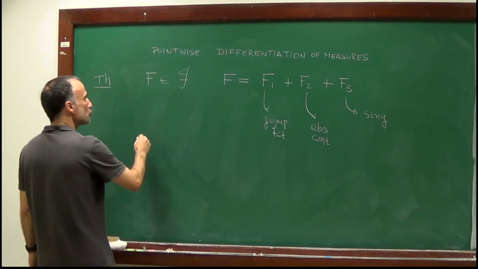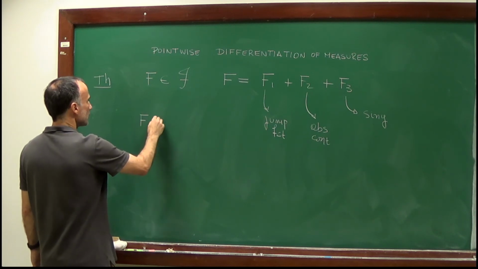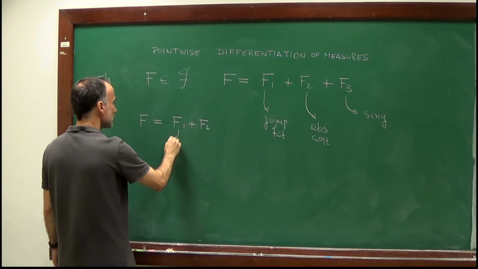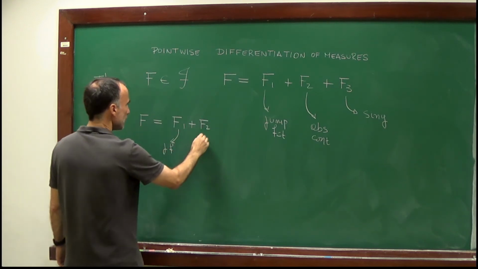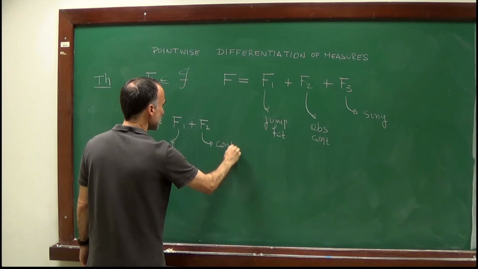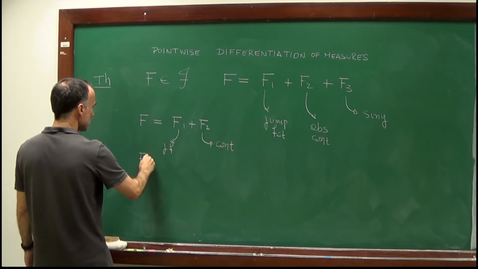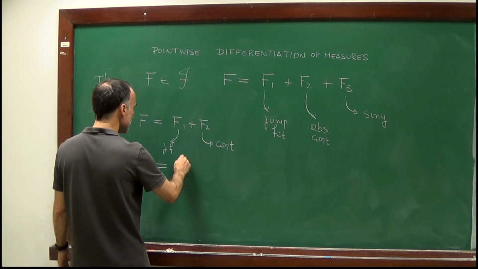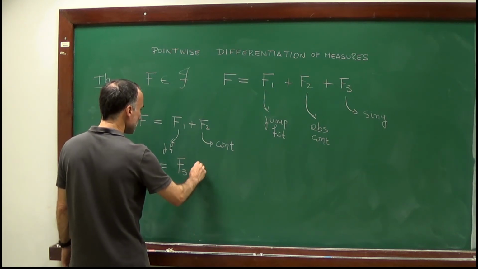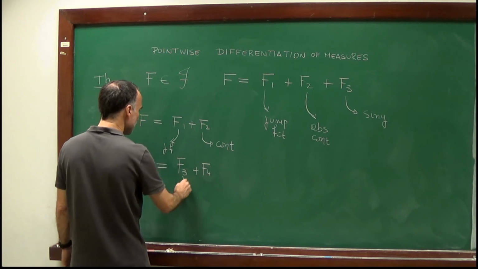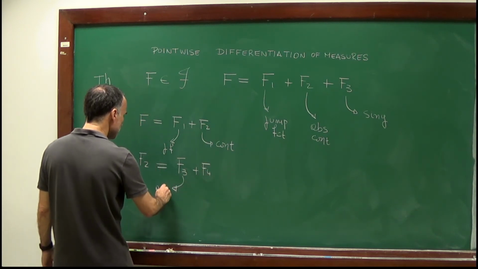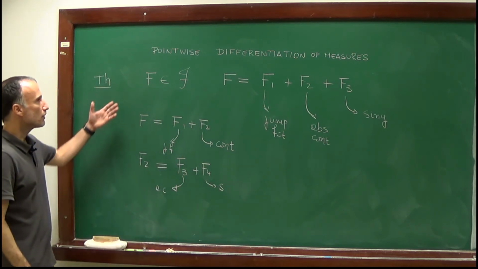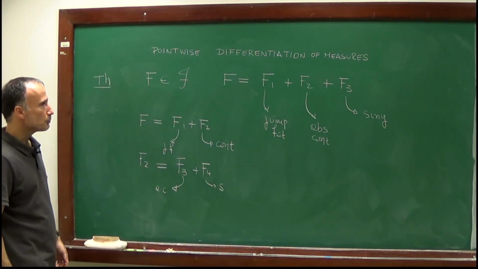Because we proved that f can be written as f1 plus f2, where f1 is a jump function and f2 is continuous. And then we proved, in the previous lemma, that if f2 is a continuous function, it can be written as f3 plus f4, where f3 is absolutely continuous and f4 is singular. So this proves the theorem which I stated at the beginning of this lecture,